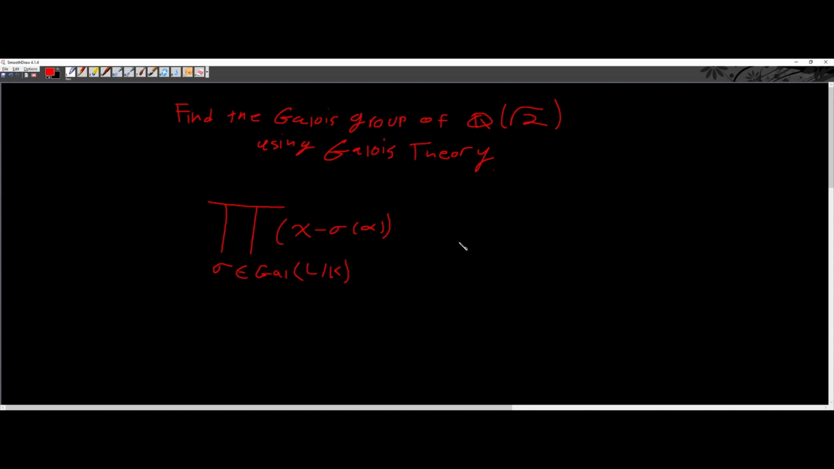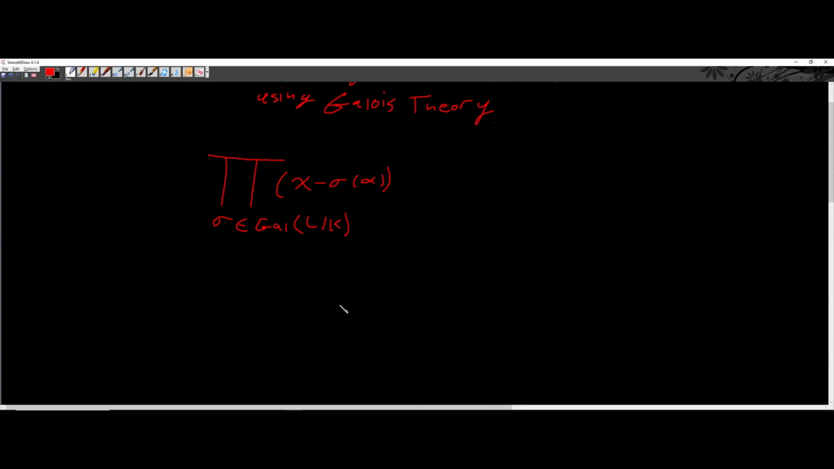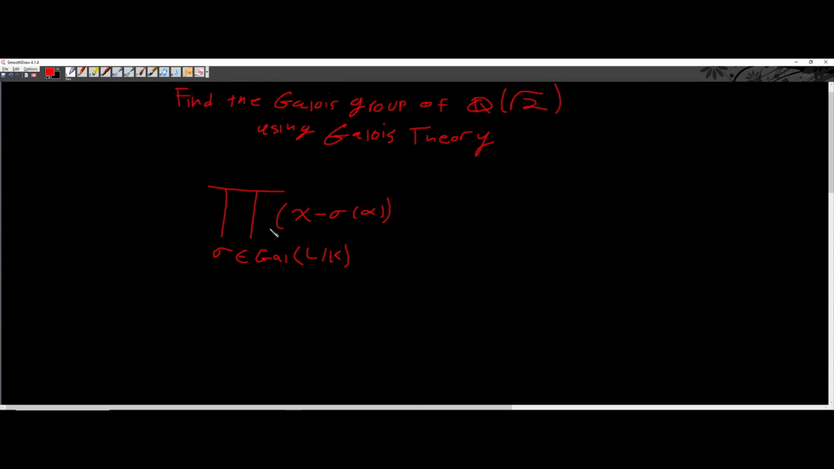We're going to be finding the minimal polynomial of Q join square root 2. That's the field extension over the rational numbers, and we're going to be using Galois theory to find it. Specifically, we're going to be using this formula. Basically, the minimal polynomial over Q equals the product over sigma in the Galois group of L over K of x minus sigma of alpha. So first we need to find the Galois group of